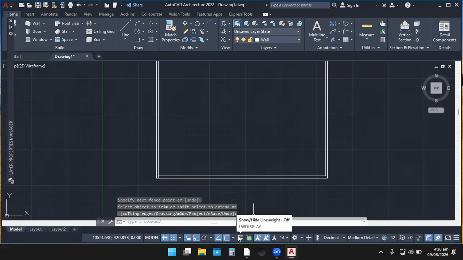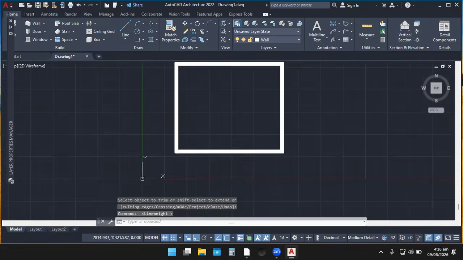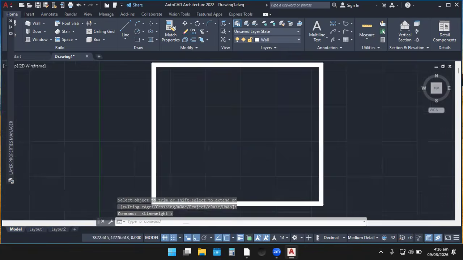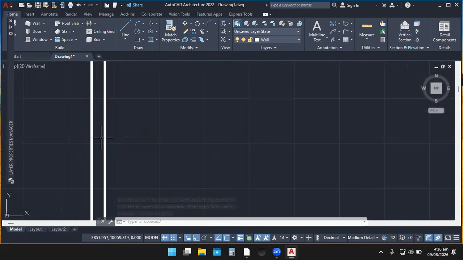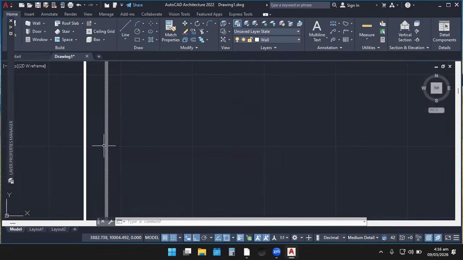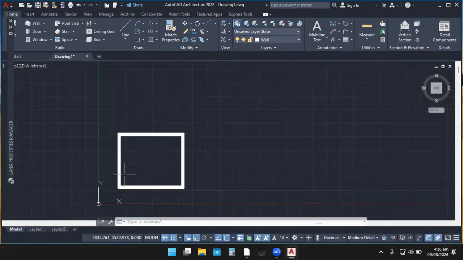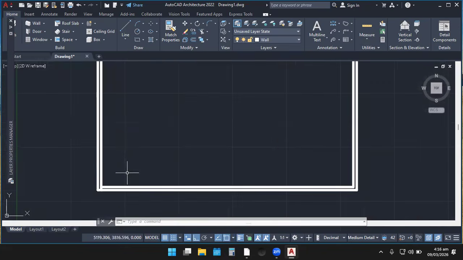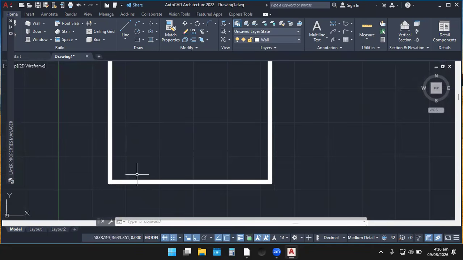So if I come and click this over here, the line width, this is the line width. Okay. If you click it, you realize that the thickness of the wall has displayed very well. You see the thickness of the wall, that is how it has displayed. But that's not our main focus, okay? So let me remove it. And now let's start to draw our door.